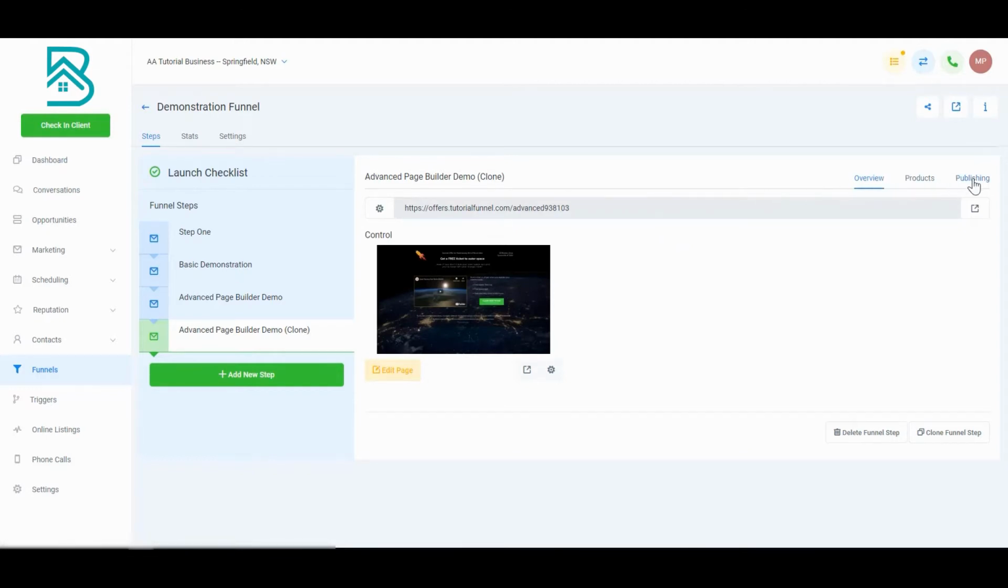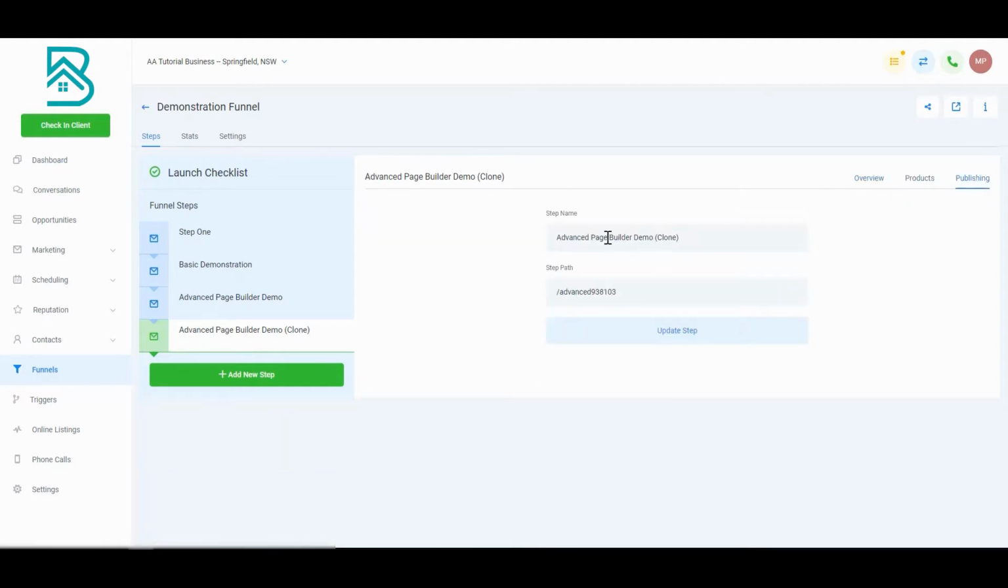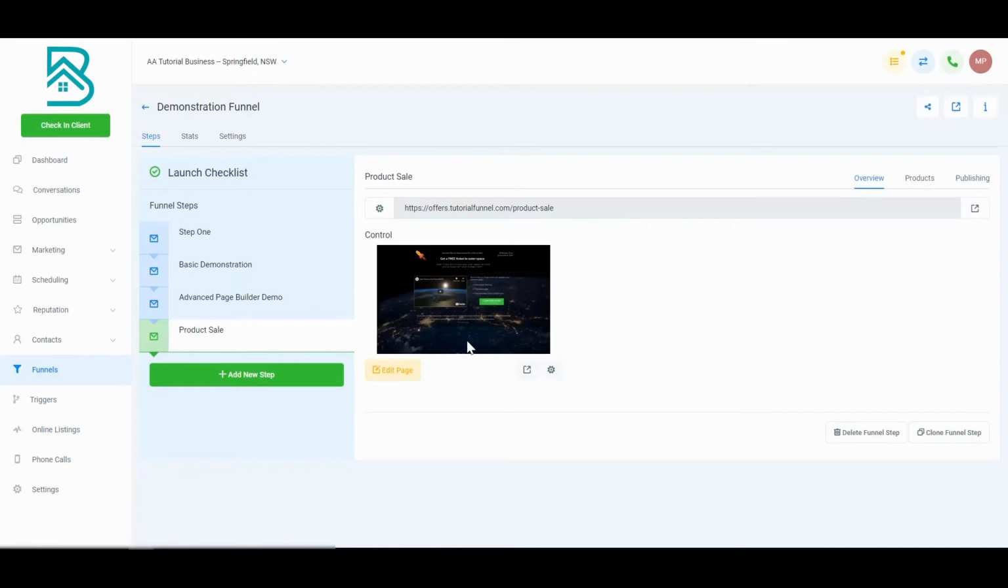To change what it's called, we go into publishing and change it. I'm going to call this the product sale, and we'll change the URL, the path to it, to product-sale. When we update the step, you'll see this reflect over here on the left as well. Before we actually add a product to the page, we're going to edit the page so it can handle a product. So we're going to go into the page editor